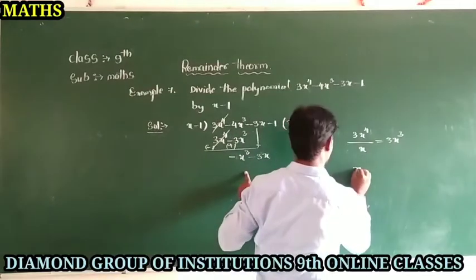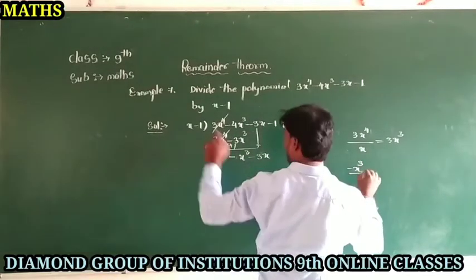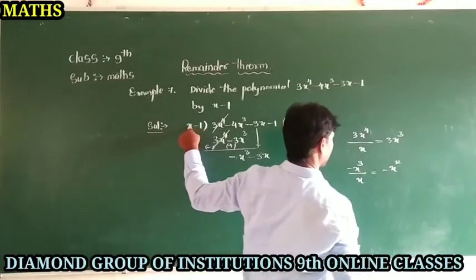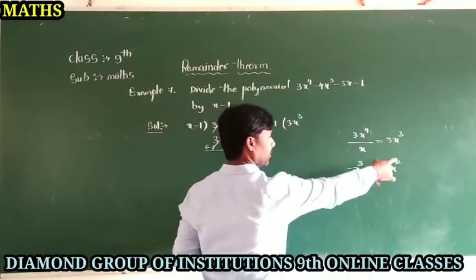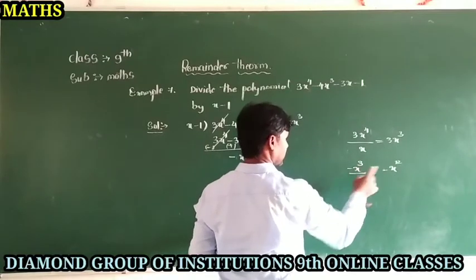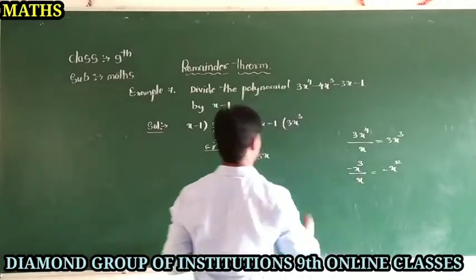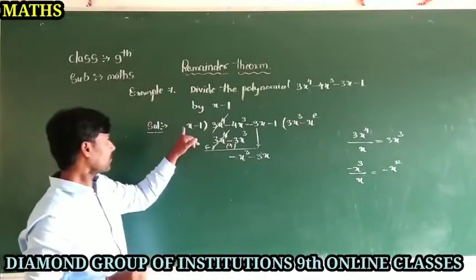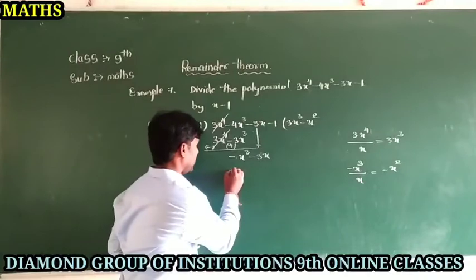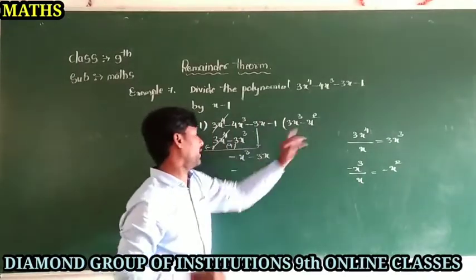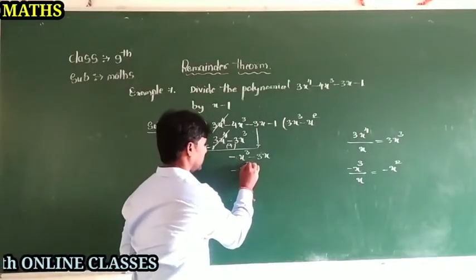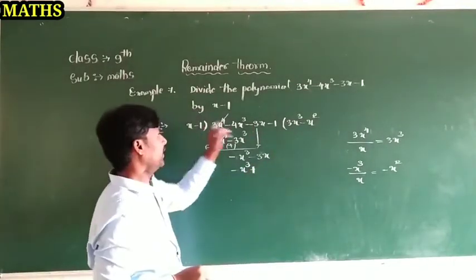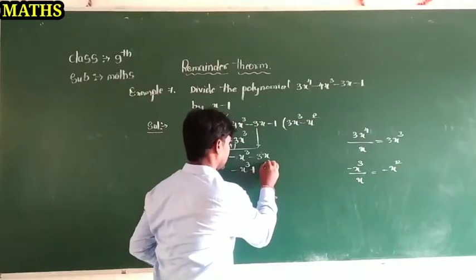So now dear students, minus x cube upon x, you take it, the answer we got here is minus x square. 3 minus 1, what is left? 2. The sign will remain the same, minus into plus is equal to minus. That is, you should write here minus x square. Now plus into minus is equal to minus, x into x square is equal to x cube, and minus into minus is equal to plus, 1 into x square is equal to x square.